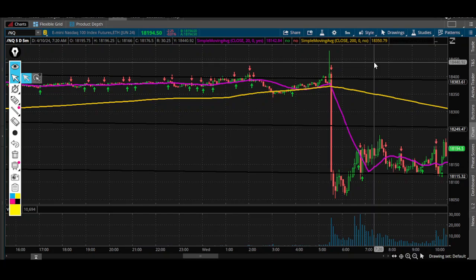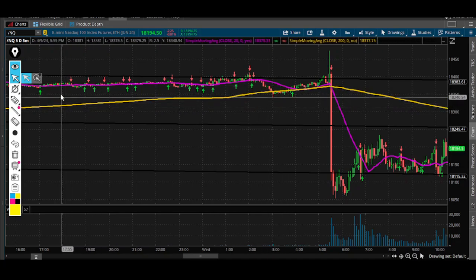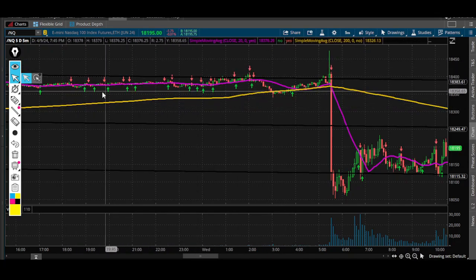I would definitely recommend to kind of stay away from the news. However, if you got that itch and you want to scratch it, make sure that you're going small size. The last thing you want to do is put on a ton of contracts and get wiped out of your position. But if you look at this chart, look at what we're doing in the pre-market, look at what we